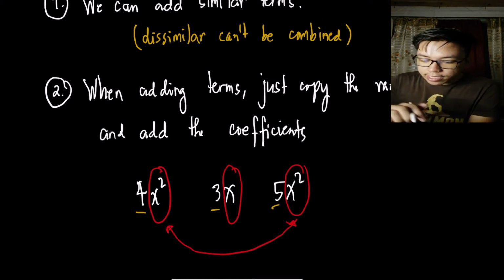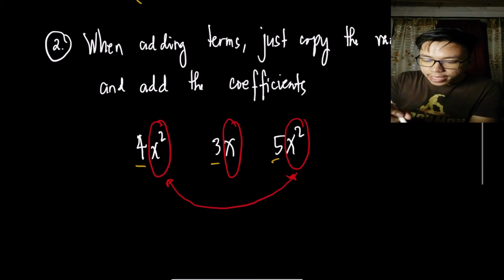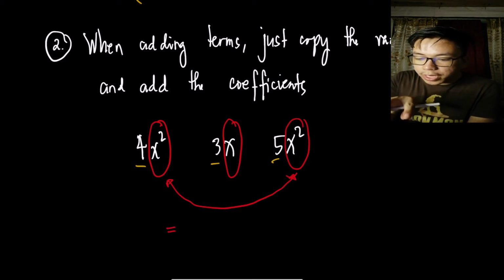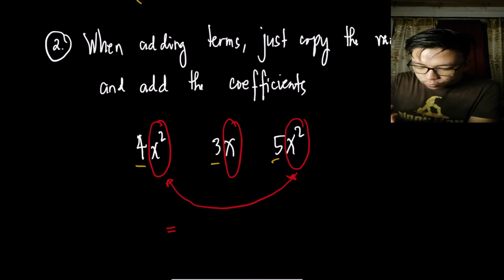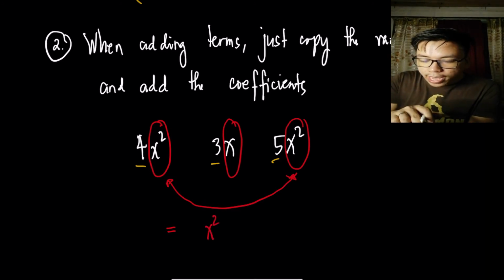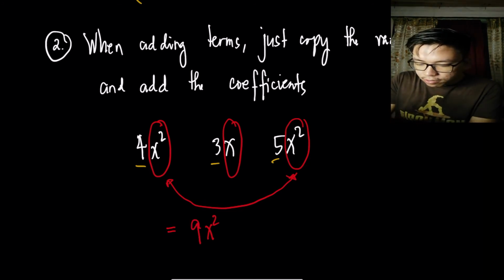So if I'm going to add these three, my final answer would be, according to rule number 2, when adding terms, just copy the variables. So I'm going to copy the variable, which is x squared. And then I will add the corresponding coefficients. 4 plus 5, I get 9. And then, assuming this is plus here,